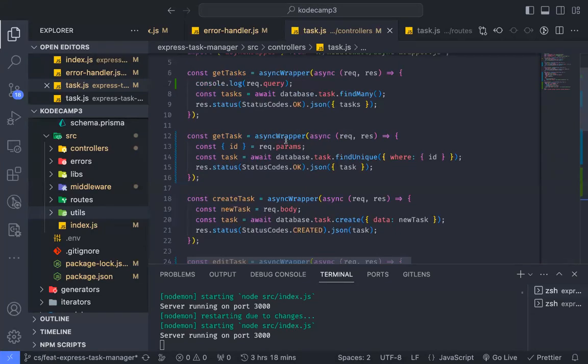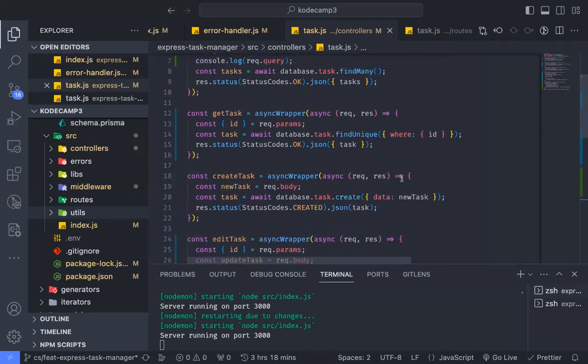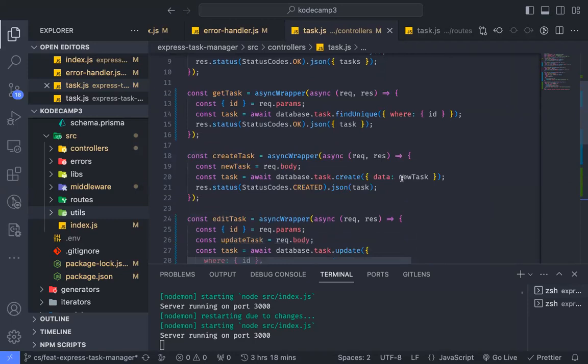What if a user sends in an ID with no task body in the edit task or create task? And we have to handle that as well. So I will leave that to you to handle on your own. You check for the request body, the description and title. If there's no title or description, you throw them an error. And later on, we'll see how we can validate inputs with Express Validator. But that's in our subsequent class. For now, I think